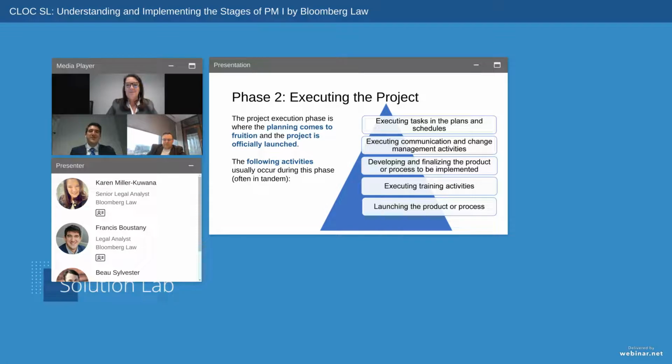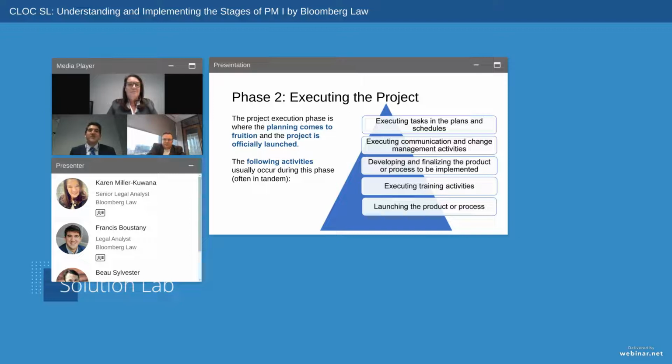planning is done, a project moves along into the execution phase. During this phase, the project itself is launched in true form to the organization. If an organization, for example, worked on a software project, this is where the software launches to the organization at large, or to the relevant parties who will use it. Or if it was a process-oriented project, this is where the process is implemented. This is often whenever the project truly begins for those who aren't directly involved in the project itself.